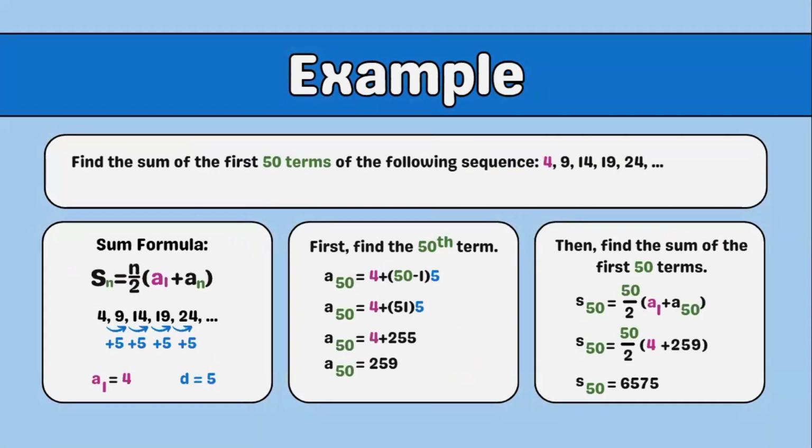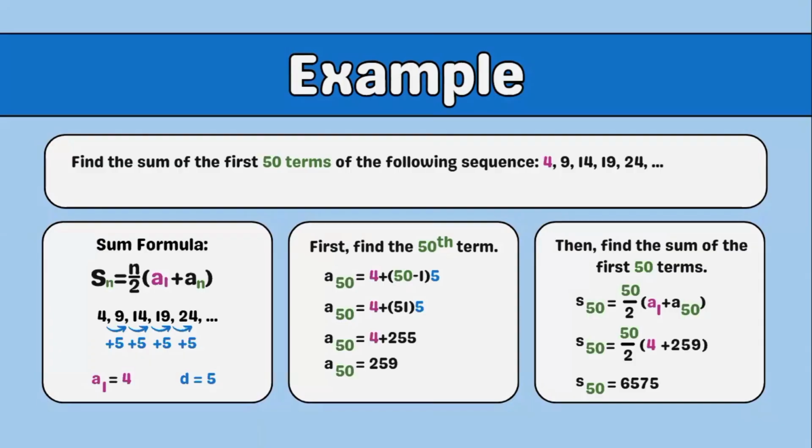Now let's move from sequences to series. Remember, a sequence is a list of numbers, while a series is the sum of the numbers in a sequence. In this example, we are asked to find the sum of the first 40 terms of the sequence